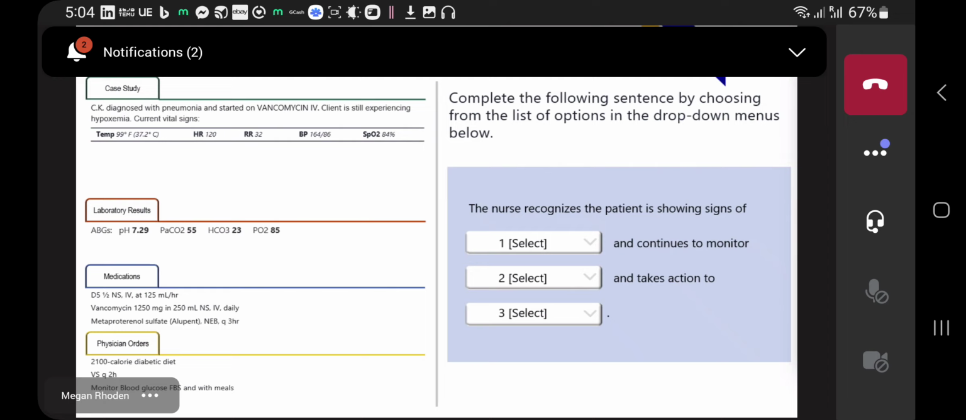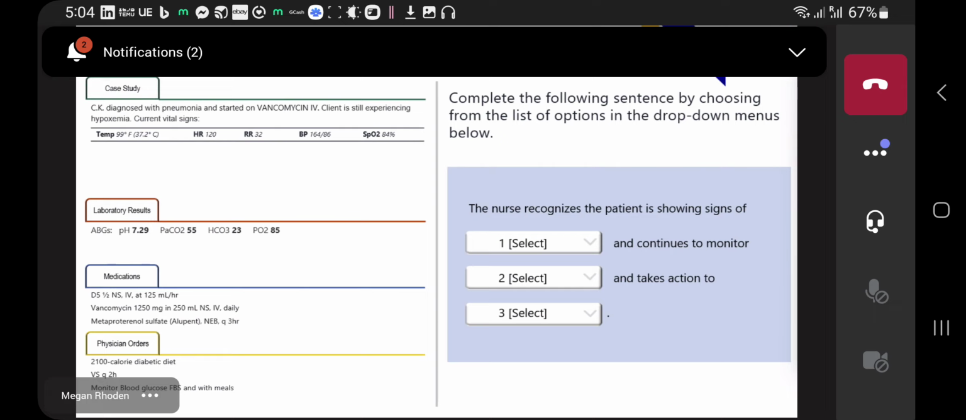All right, so question number 9. Our case study says that he was diagnosed with pneumonia, started on Vanco, and he's still experiencing hypoxemia. Current vital signs are as follows. The temp is still 99, heart rate's 120, respirations are 32, blood pressure 164/86, and the O2 sat is